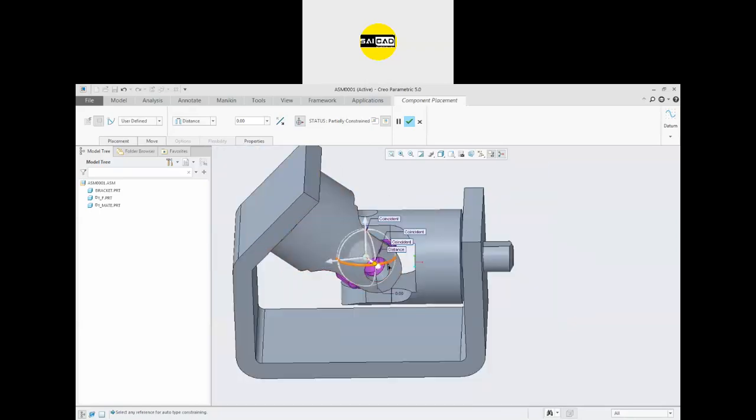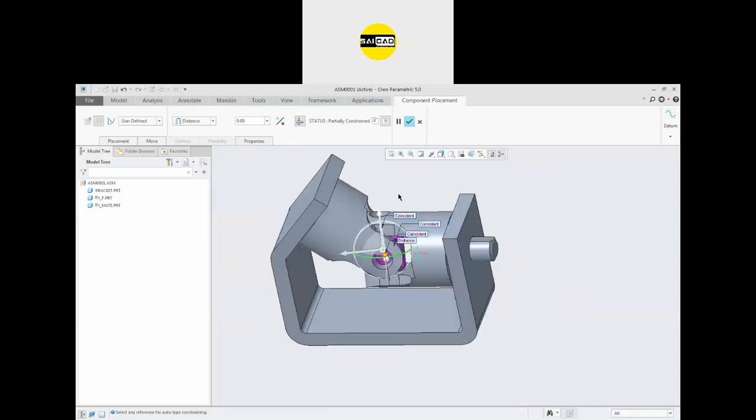We know that this object will be rotated according to these objects. So we cannot just apply a simple constraint here.